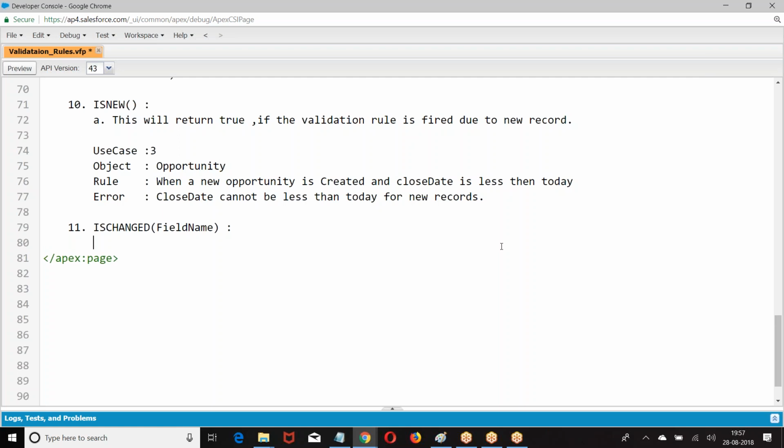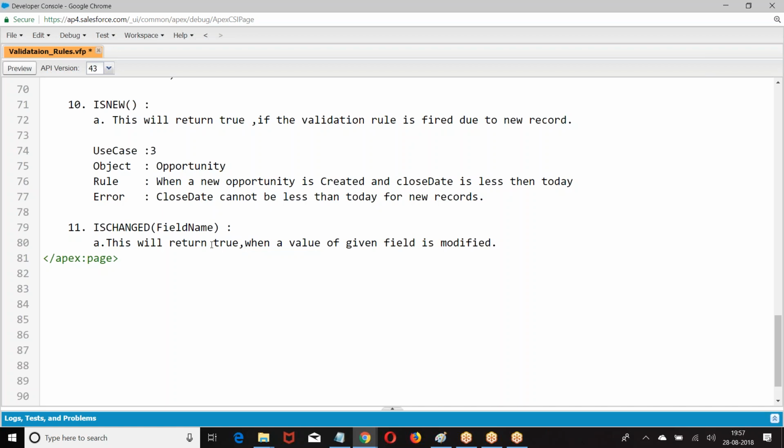IsChanged of field name. This will return true when the value of a given field is modified.